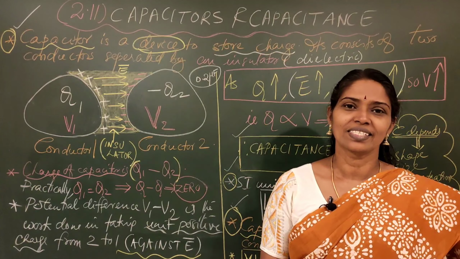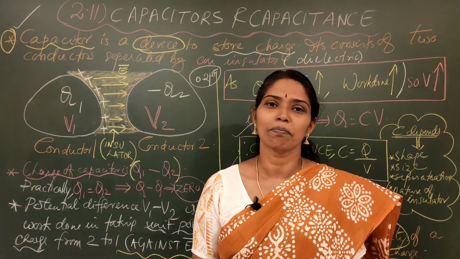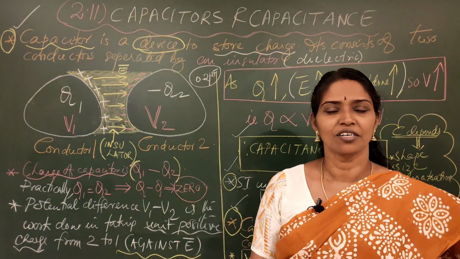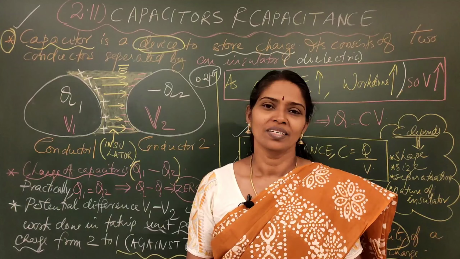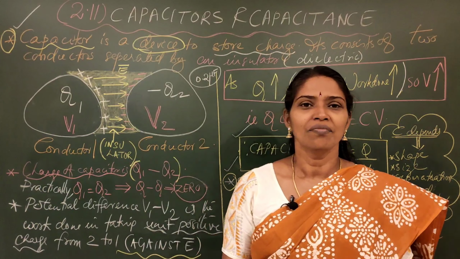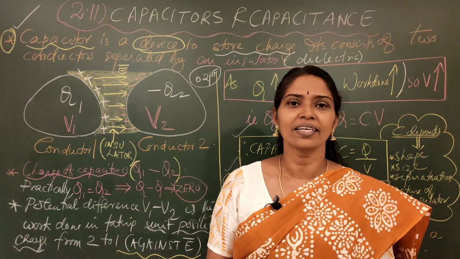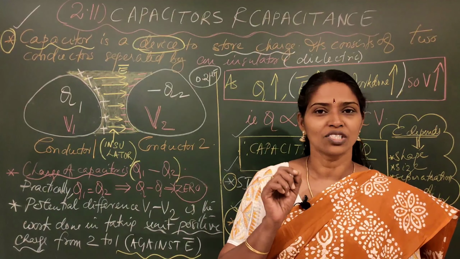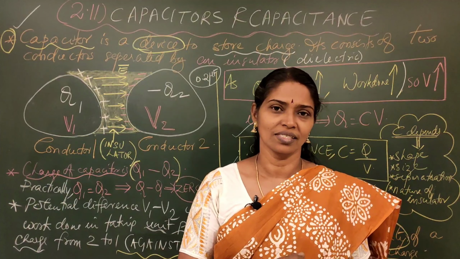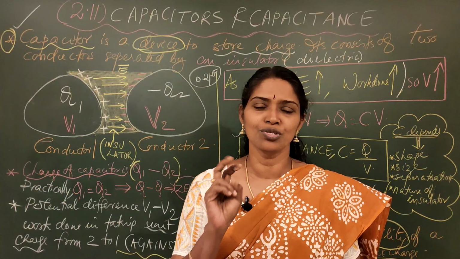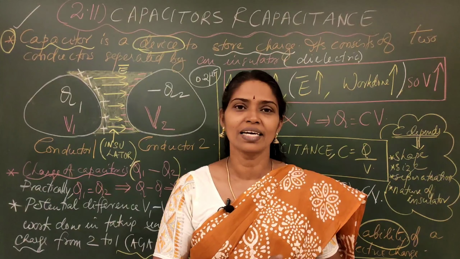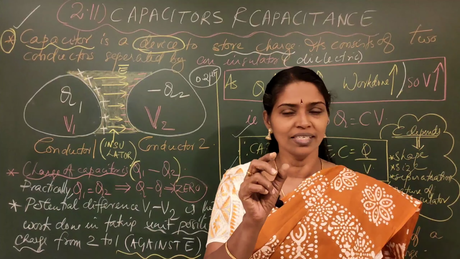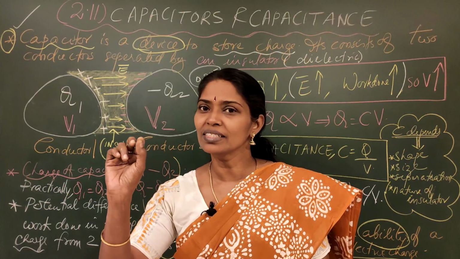Today we are here to discuss two words, namely capacitors and capacitance, section 2.11 of chapter 2. So let us start. We know the words resistors and resistance. In current electricity, we might have heard the term resistors and resistance. Very similar to those two words, we have two new words known as capacitors and capacitance. Capacitors, the device; capacitance, the ability.